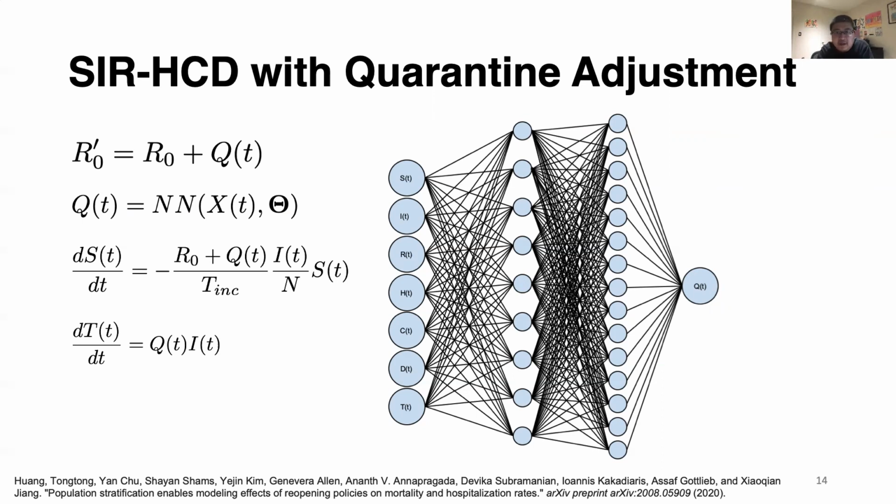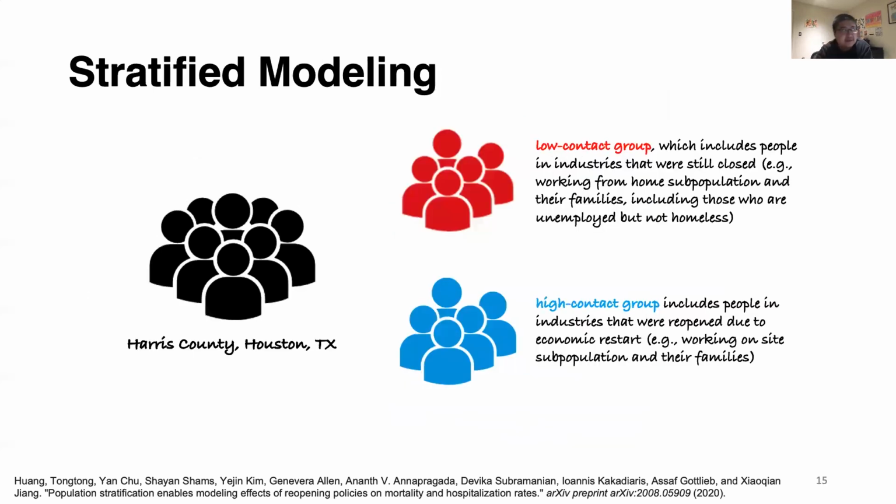ReLU activation function. And the deep learning adjusted SARCD model shown here is trained by minimizing the weighted mean square error loss function, as we showed in the SUEIR model, with the Adam optimizer over 1,000 iterations. And the loss function calculates the weighted average mean square error. And the author further proposed another interesting strategy, which is to